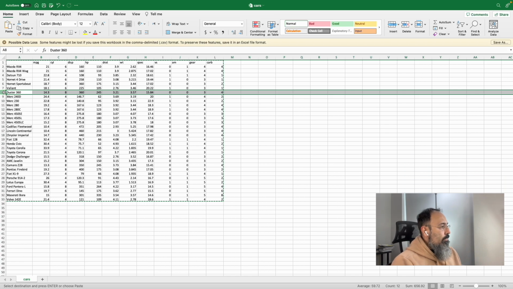Let's just ask it. Let's ask about the Camaro Z28.